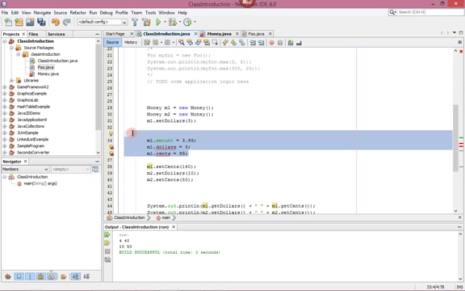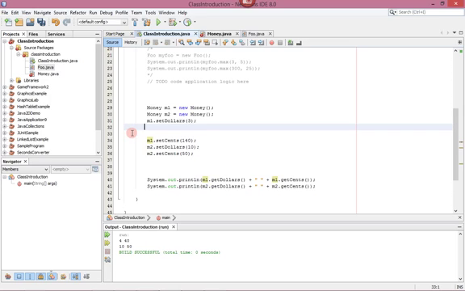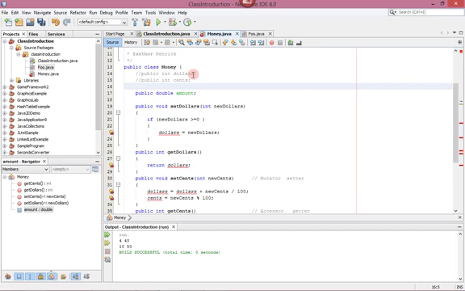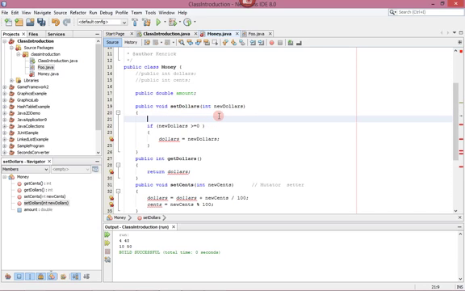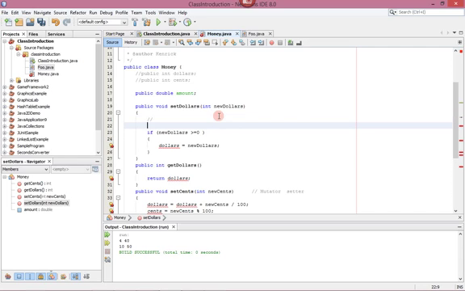But if we had forced everyone to use the set dollars and the set cents, then when we change this from two integers to an amount, then in the set dollars, what we would need to do would be to say, I'll just write it. I won't write the whole code out because it's a little messy. Well, I'll go ahead and write it. So what we need to do is